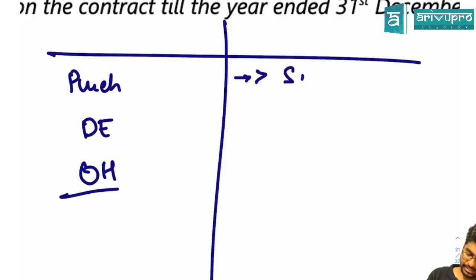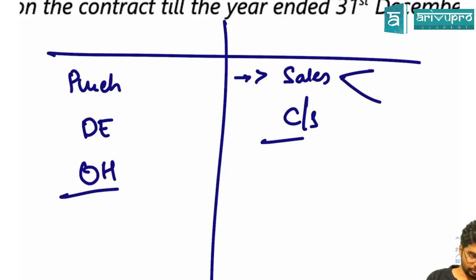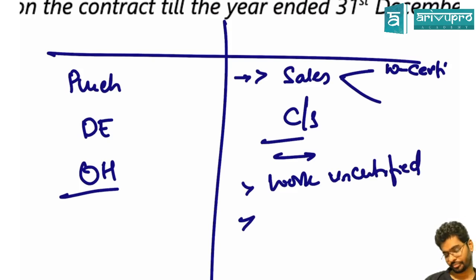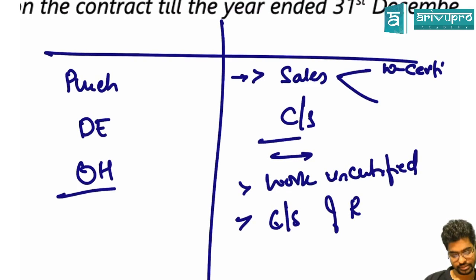Here it's going to be sales and the closing stock. For me, sales here will be only work certified. Closing stock will have work uncertified, and what? My closing stock of raw materials. So with this as a base,